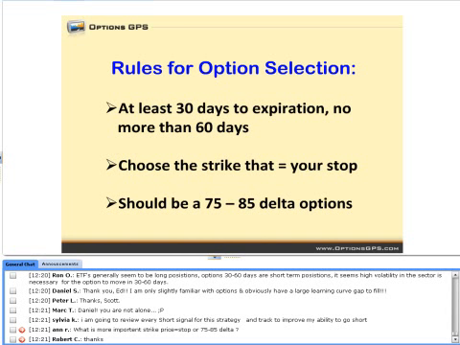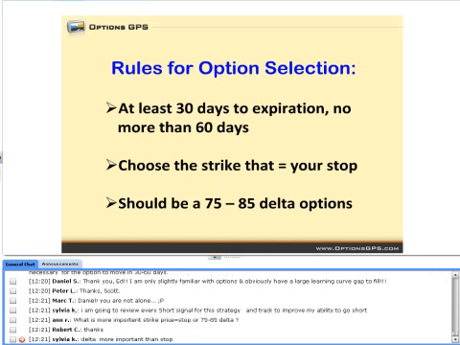Ron asks, ETFs generally seem to be long positions. I assume you mean long term. Options in the 30 to 60 days are short term positions. It seems high volatility in the sector is necessary for the options to move in 30 to 60 days. Yes and no, okay? It is a short-term position, relatively speaking. However, because of the level of delta that you are assuming, you are going to be able to capture